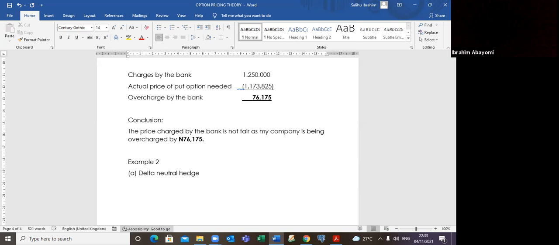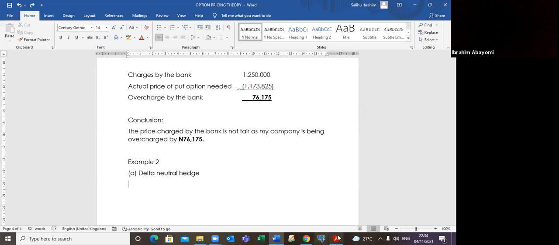I told you the importance of delta in our last class, that we use delta to hedge, and we use the formula that measures the relationship between your stock market price and the option price. That's what delta measures. So we saw the formula in our last class. Now, for my delta neutral hedge,